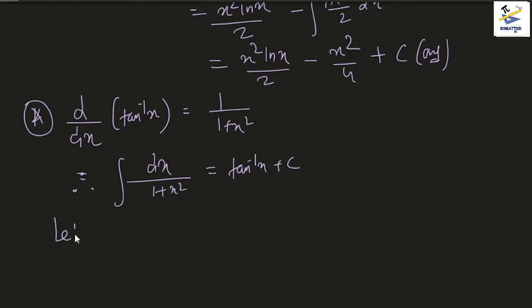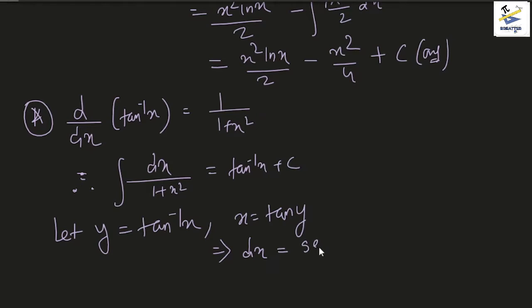So let y equal tan inverse of x, then what we see is x should be equal to tan of y, right? And what we are trying to find is dy by dx, so let us see how to find that. The derivative of tan y is sec square y, if you remember it from the derivative section. So differentiating both sides, we get dx equals sec square y dy, and sec square y is just 1 plus tan square y dy,